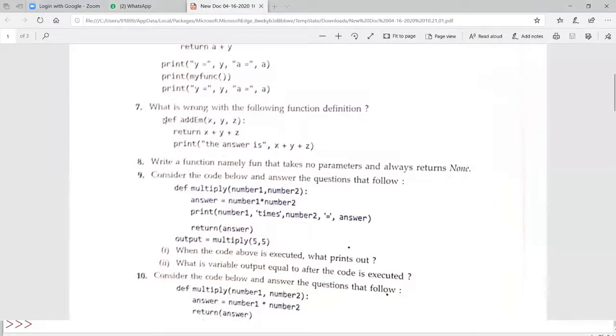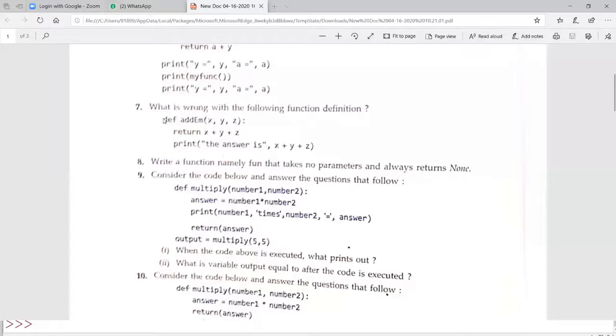Have you got it? So what is the problem with the given function definition? It will never print, sir. Yeah, it will never print. Reason? Because the return is there, sir. Yes. The function will come to the return, then it will go out. Yes, yes. It is correct, sir. Yeah, correct, exactly.